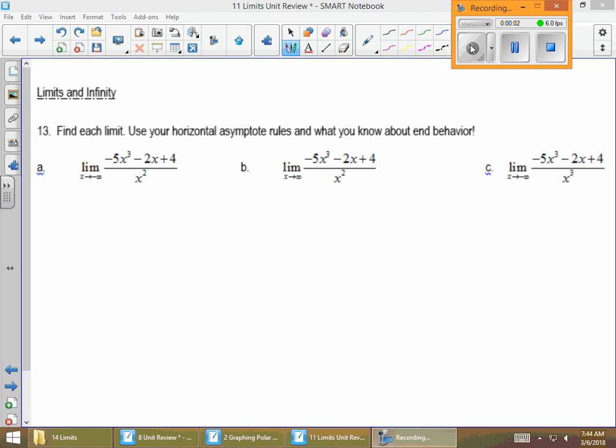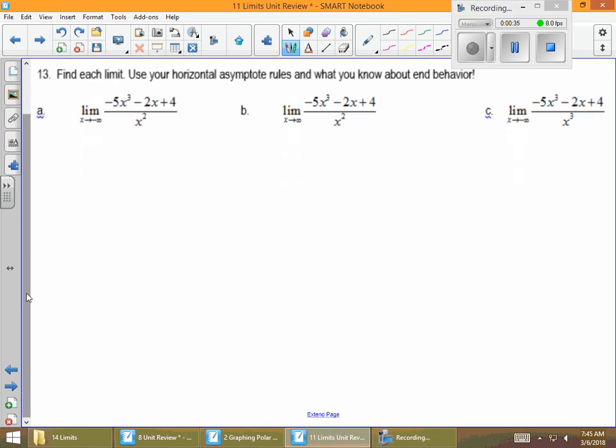Okay, so now we're going to do limits at infinity. A couple of things you need to be careful about when you're looking at limits with infinity. You do want to look at your end behavior and your asymptote rules. So you want to think about top heavy, bottom heavy, and same degree, as well as what would happen when your function reduces to a line, or when your function reduces to a constant. So we'll talk through all of these